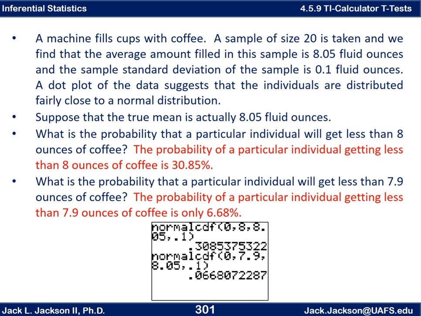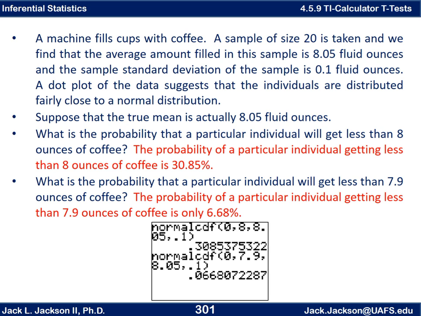Well, technically it should be negative infinity, but if it's making coffee and filling a cup, you can't fill it less than 0. So in the practical sense, starting at 0 makes sense here. So 0 to 8, with 8.05 being the mean and 0.1 being the standard deviation of the individuals. That gives you 0.3085. Then we do the normal CDF from 0 to 7.9 with a mean of 8.05 and standard deviation of 0.1, and we get roughly 0.067,